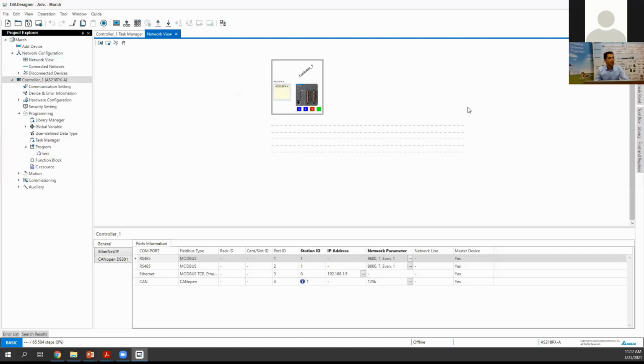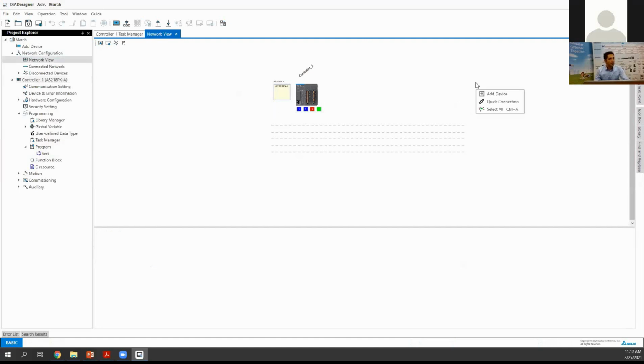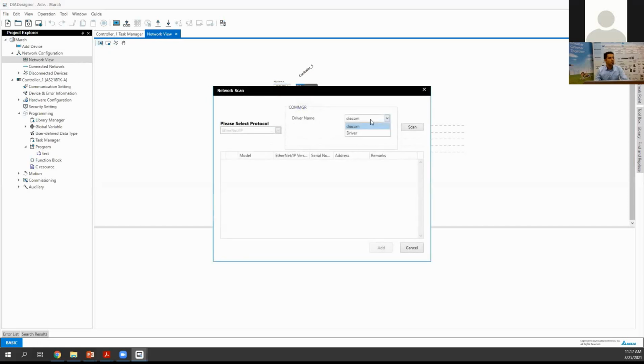Here we add new devices, add device. We can add manually, or it is also possible to scan directly. So how to scan? Here we go to network scan by PC, then choose the right COM manager, and we can scan it. But before